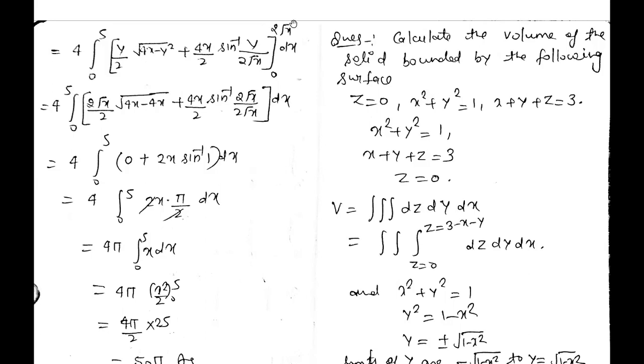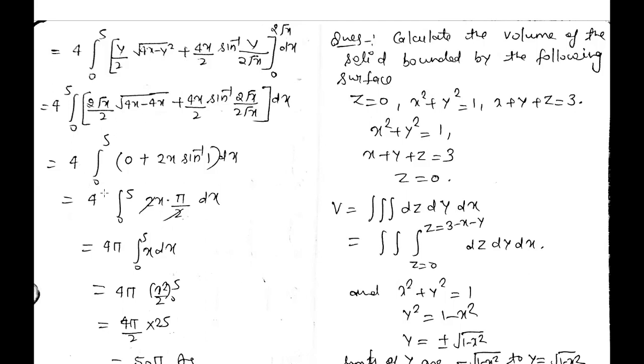Right, now apply limit, upper limit minus lower limit. So upper limit is your 2 root x whole square, it will be 4x. And here 2 root x, and lower limit minus lower limit, so it will be 0 here, 0 here. So all will be 0 when you apply upper and lower limit, because sine 0 is 0 and y is 0 into this one, so again 0.